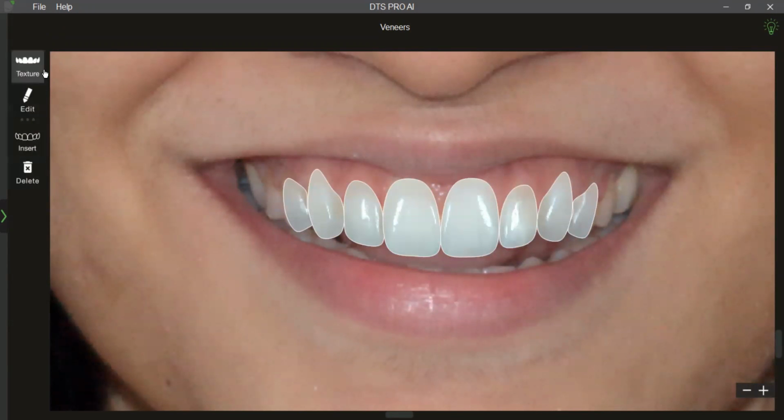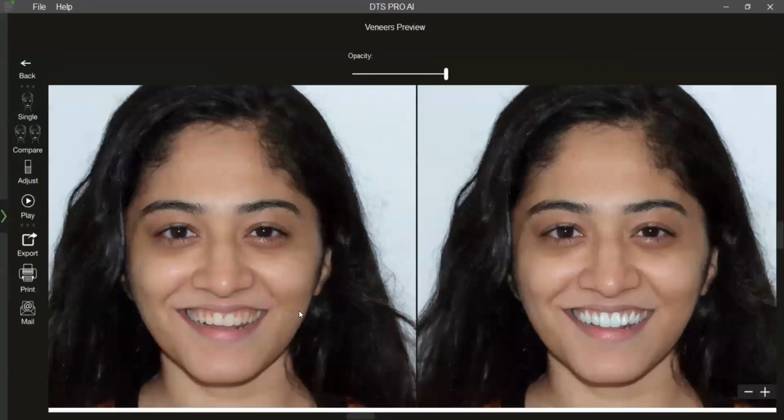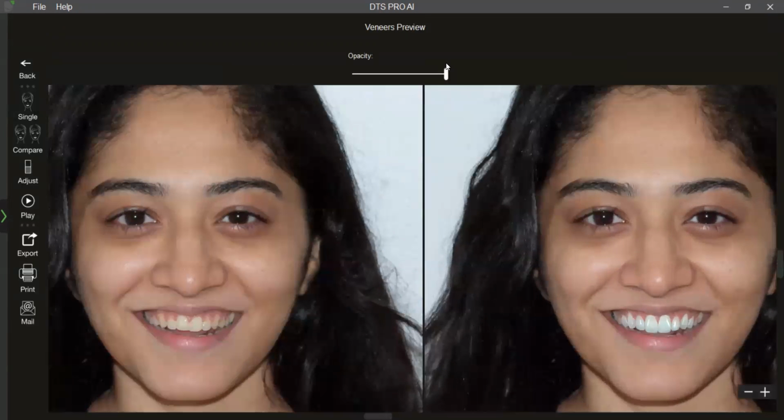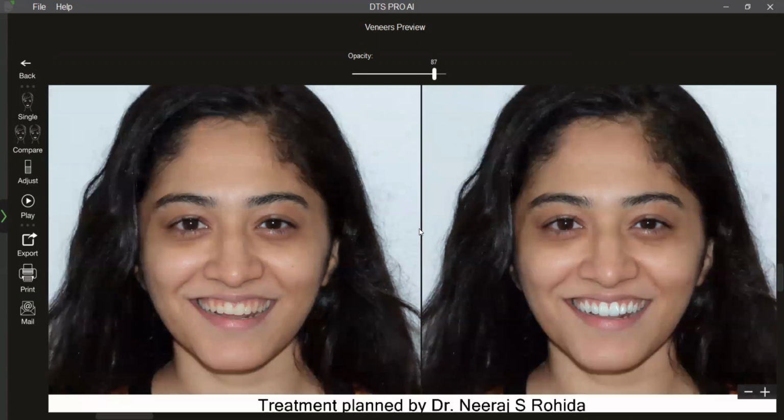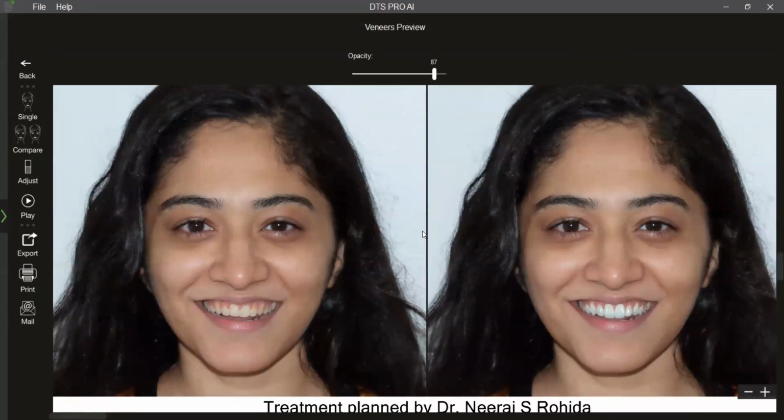Apply texture and preview. So I have lengthened my centrals a bit. So this becomes a very important part of the patient communication protocol. Whatever has been shown to the patient can also be communicated to the dental lab so that they use these templates as a guide when they design in 3D. I will just come to that in a bit.